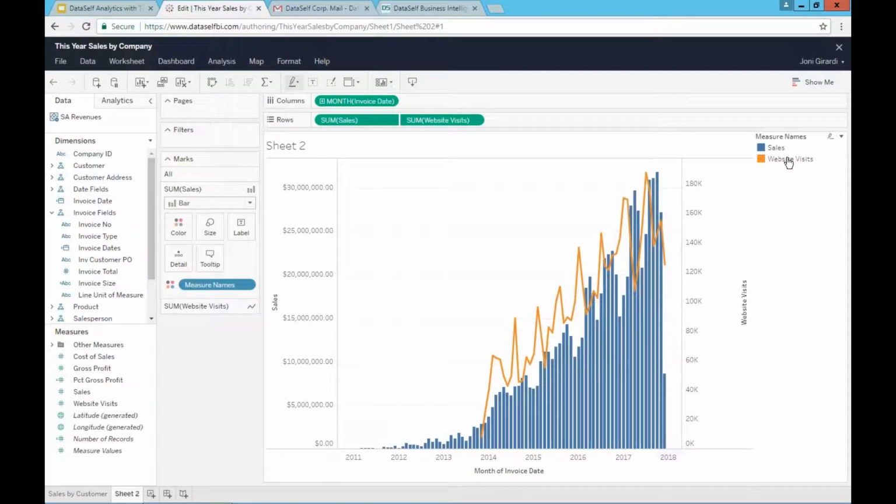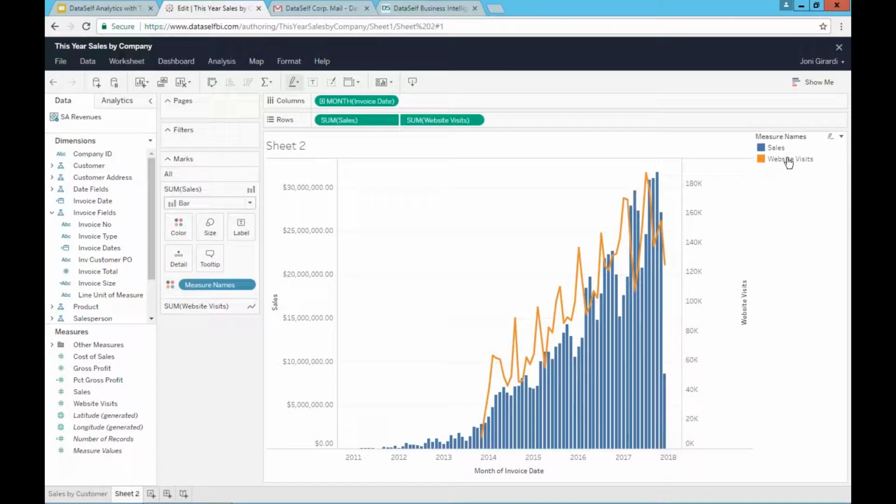You might be asking, how can I see website visitors that come from Google Analytics along with my sales? Well, in DataSelf, we can combine data from any data source, from your ERP system, from your CRM system, from your payroll, from your Excel sheets, from your Google Analytics, from your social media. We can bring all of the data together. We blend it in a data warehouse or in this analytics platform. And once we do that kind of setup, which is a little bit more technical, but it's a one-time setup,